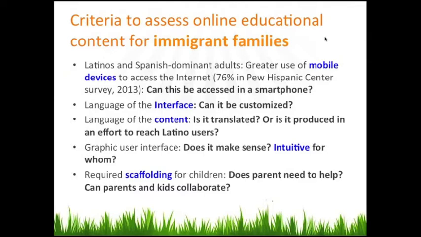Then the fourth bullet is the graphic user interface, and these are the icons or the pictures that show up. Do they make sense? But do they make sense for whom? I always give the example of the home icon in your internet browser, because the home icon is based on the English language, on the metaphor of going home. But when you translate it to Spanish, it doesn't make sense. It's just casa, and then you have to think a little bit more, what does this really mean? And actually the home page in Spanish is called página principal, which is main page. So the translation of that icon doesn't really translate well to Spanish.